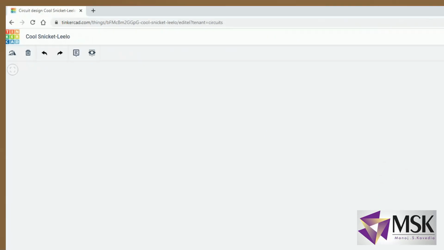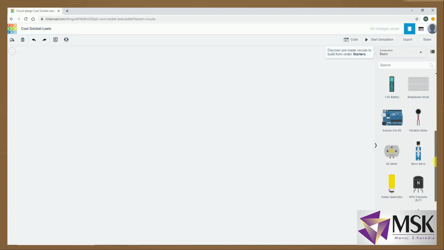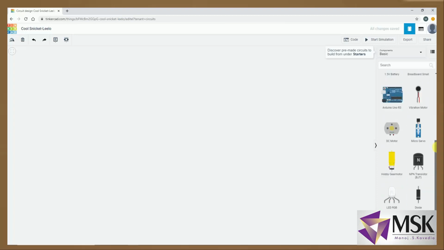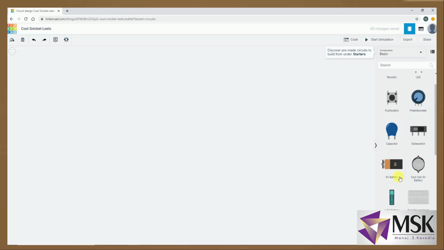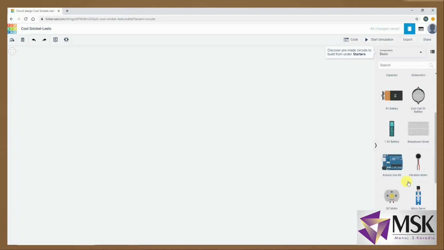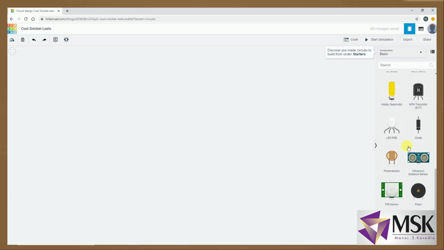Now coming here, these are the basic components in the block. You can see what all it has: resistor, LED, switch, potentiometer, capacitor, a 9-volt battery, then an Arduino Uno R3, vibration motor, then geared motor, normal DC motor.